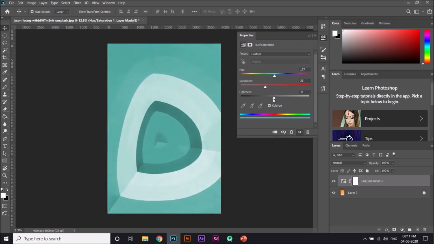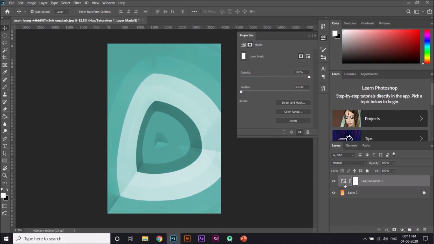You might have seen images with similar themes on Instagram, like multiple posts with similar themes, like these colors. These are called hue saturation adjustment layers. And here I have already explained this to you.